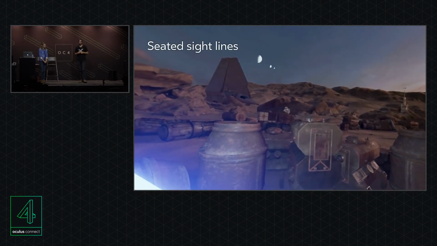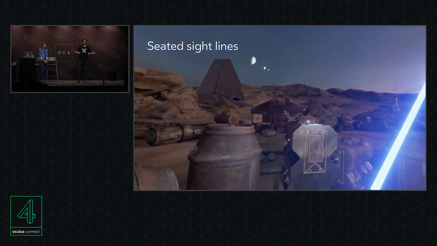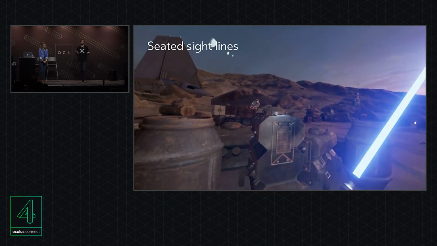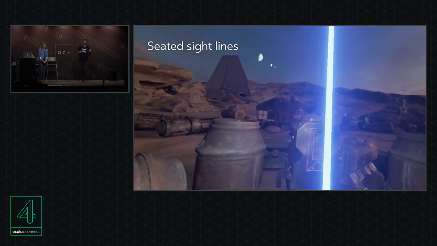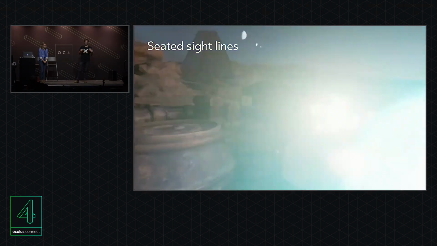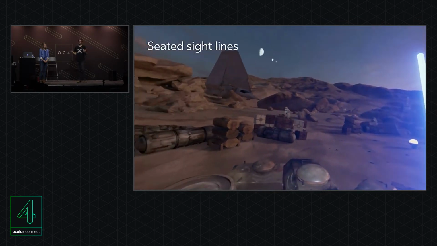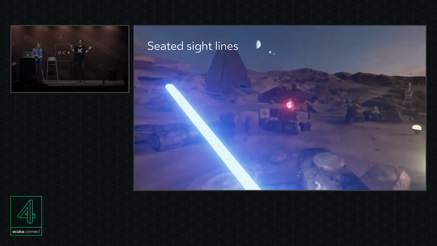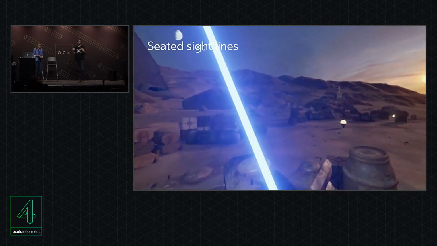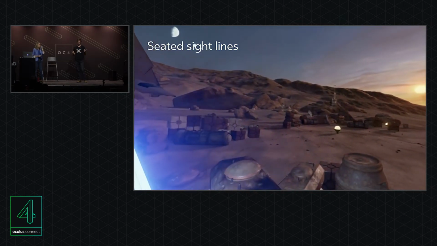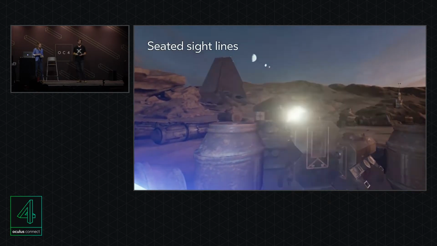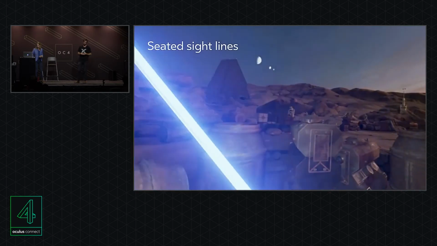Seated sightlines are drastically different in our experience. Right now I'm playing Trials on Tatooine in a seat, and as you can see, nearly half of my field of view is obstructed by these barrels and crates in front of me. And then you'll notice as I stand up, my field of view is drastically different. This is the blocking, this is the layout that we were basing our development around. As you can see, more projectiles are approaching me from this point of view. They're not getting hit by barrels on the way, so I'm actually engaging with the mechanics more. I'm having more fun from this vantage point. So that's something we need to take into account.